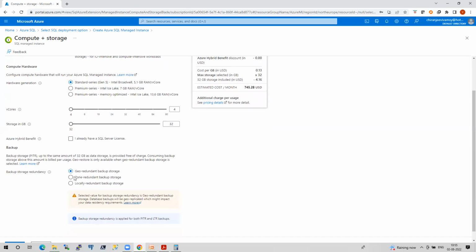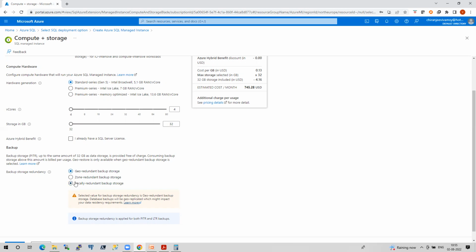So these are the backups. See, the beauty of the backups is we have three options: geo redundant, zone redundant, and locally redundant. If you go with geo redundant, it means your backups are being shipped to another region. Just like in our on-premises, if you want to configure this option, you will go with log shipping or some other thing where you will configure the log shipping across the data center regions. So here your backups are placed remotely, so you are super safe. There will be no problem with your backups if you choose this option.